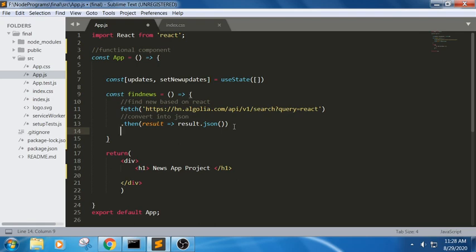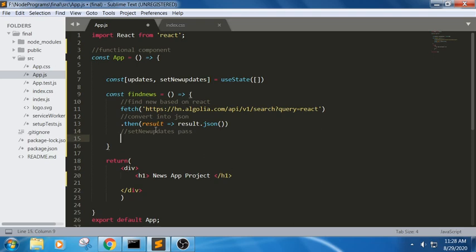In this we convert the result into JSON, and next we pass this data into setNewUpdates. So how do I pass it? We can see here, setNewsUpdates, data.hits.